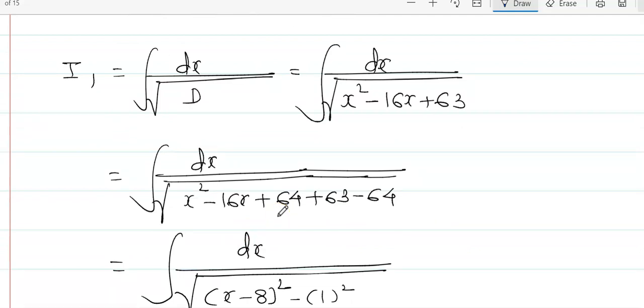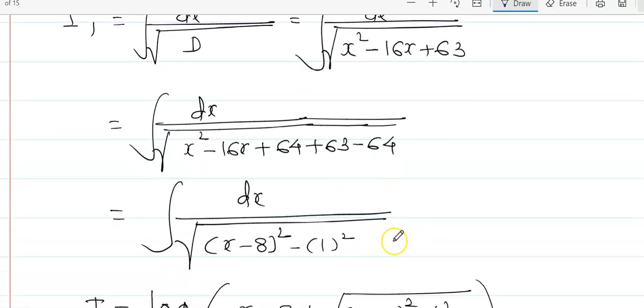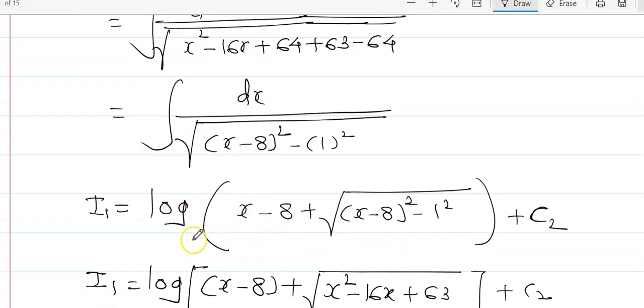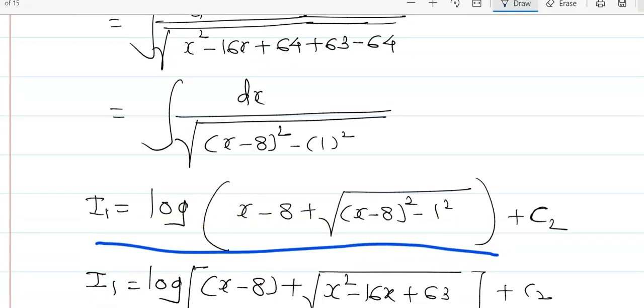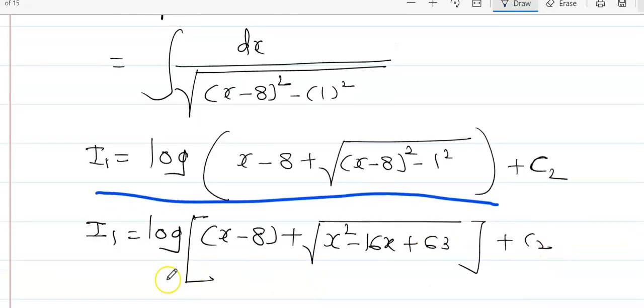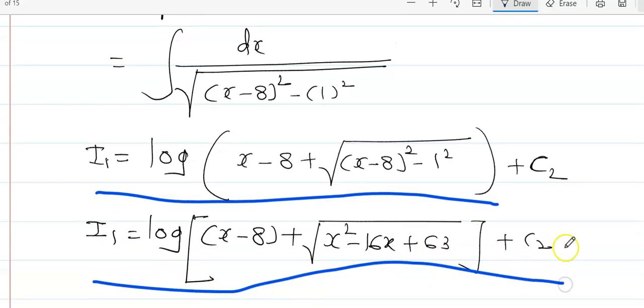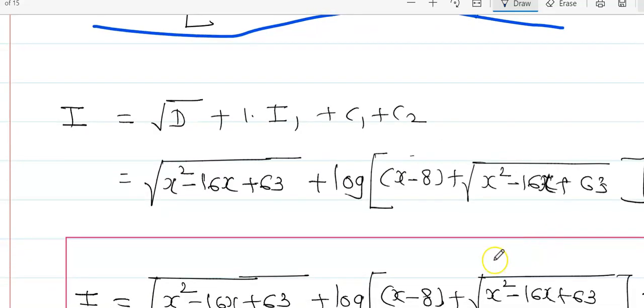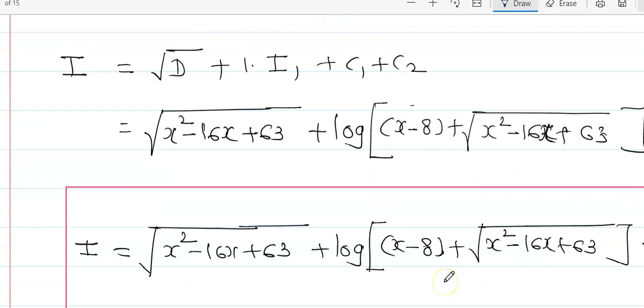8 square, 64 plus 64 minus 64 minus 1 square, x minus 8 bracket square minus 1 square. This is the log form. That is the log of x minus 8 plus root of x minus 8 bracket square minus 1 square plus c2, and you will get this is the final answer. Therefore,